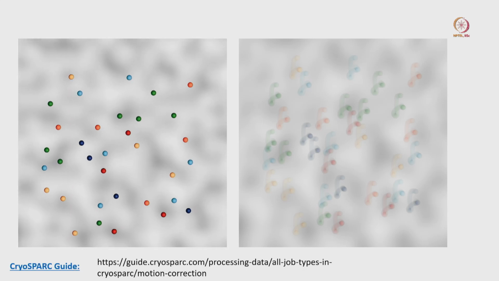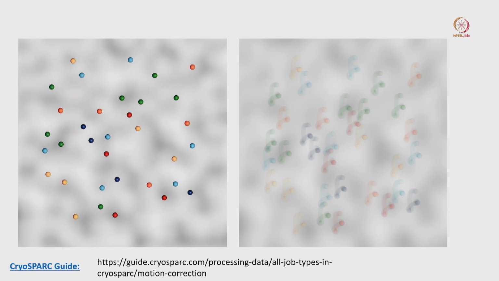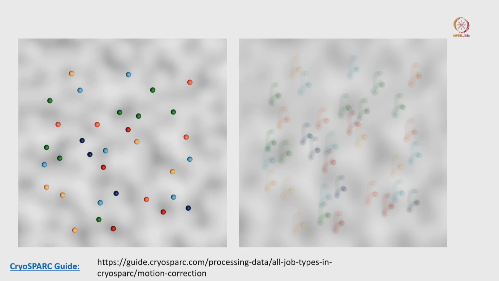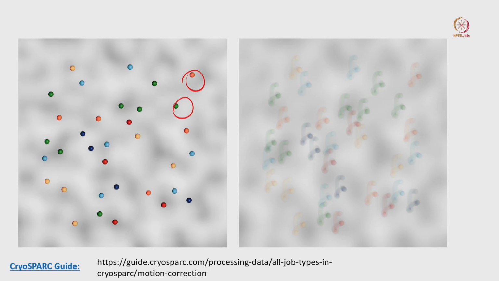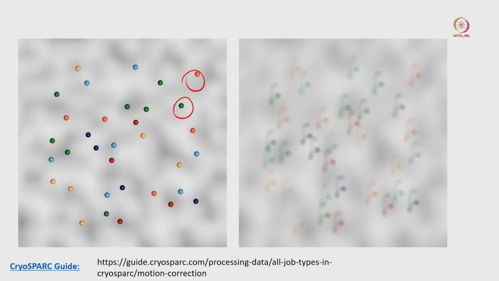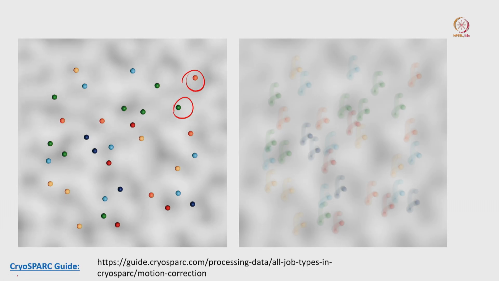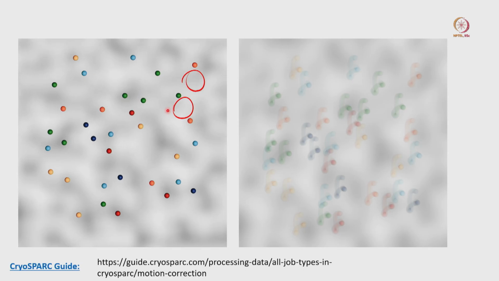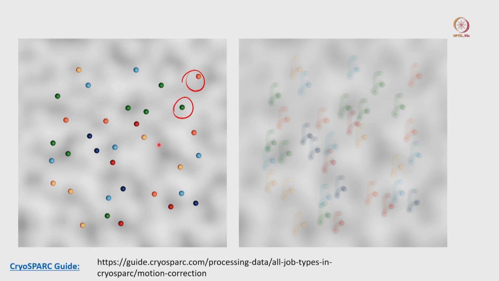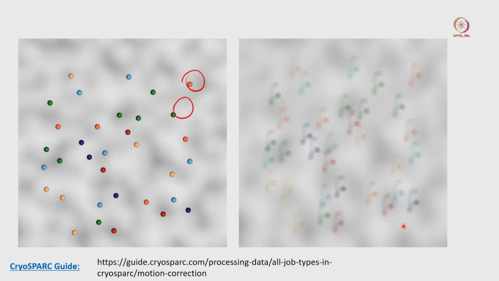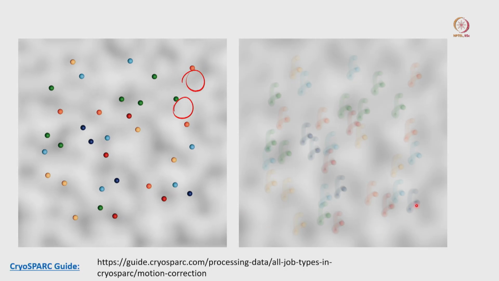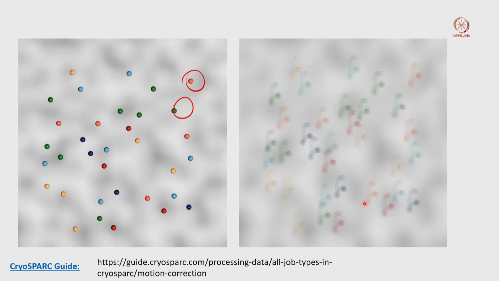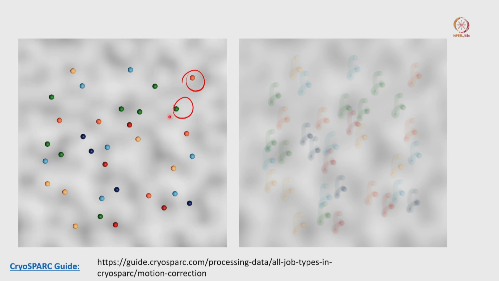Here I took this video from the CryoSPARC guide. That is a very nice representation. When you have a sample in the ice, those are the individual protein molecules you can consider. Everything you can see, there is a movement here. In this particular case, all these proteins have motion. If you try to make an integrated image of all the individual frames, the same particle here has a position at some point here, some point here, and some point here, and you will get an integrated blurred image if we don't do the motion correction.